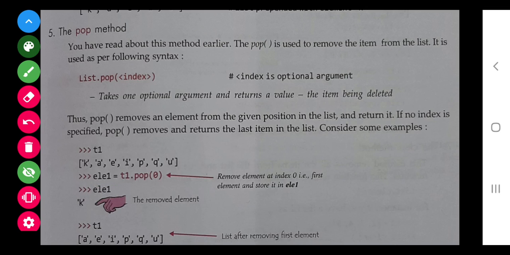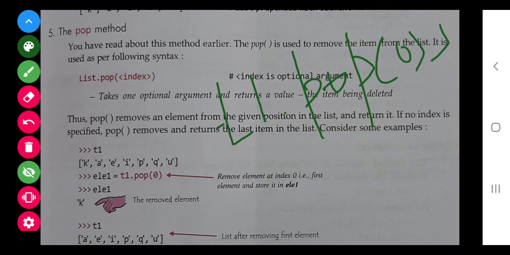Now if I give directly t1.pop(0) and I enter, it will remove the element from t1 and it will display k. So that's the way.